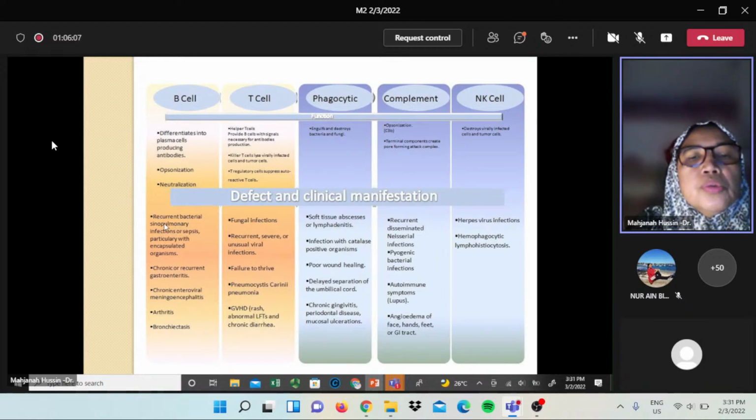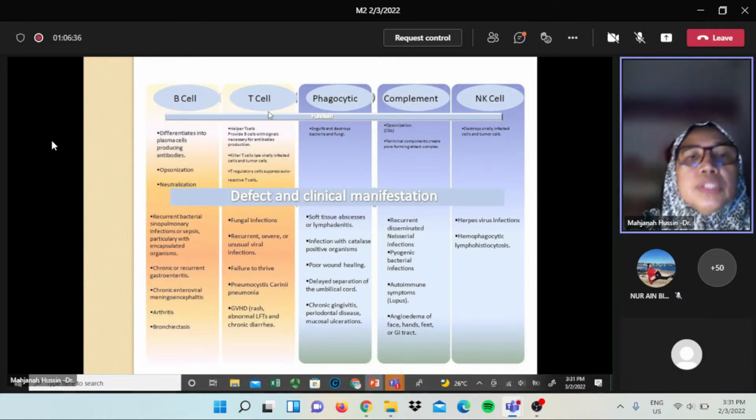So you are at risk of getting a bacterial pulmonary infection. You can have sepsis, you can have chronic or recurrent gastroenteritis, you can have enteritis, those kinds of diseases. When you have very little T cell, so the T cell is dead, or not functioning,